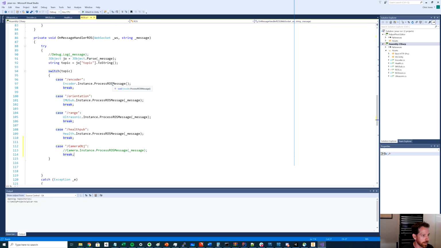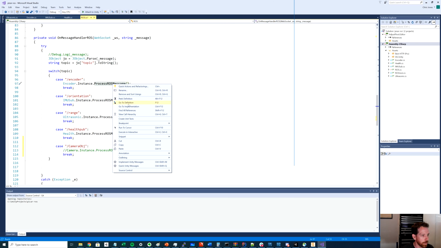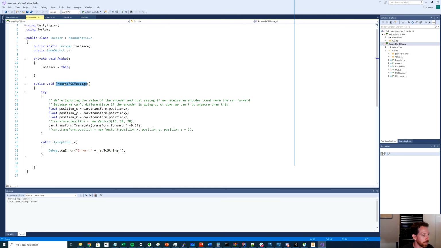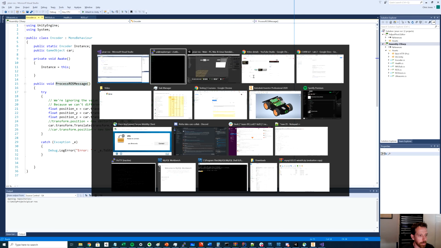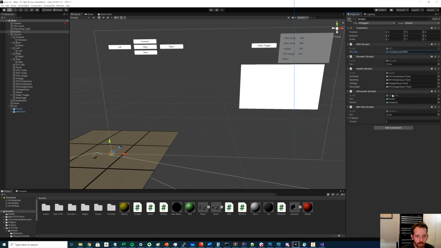And then I'll just show you basically how we do the encoder. We'll just look at that one script. So if we right click, go to definition, we open up this process ROS message. So we'll go back into Unity. We've got our